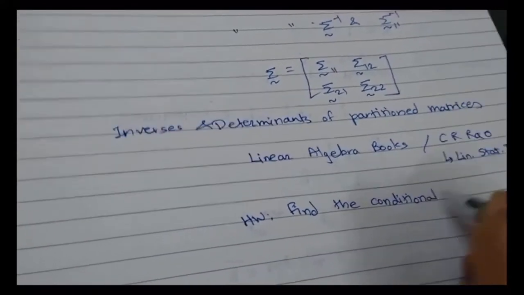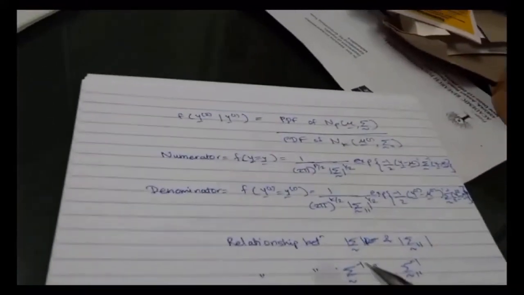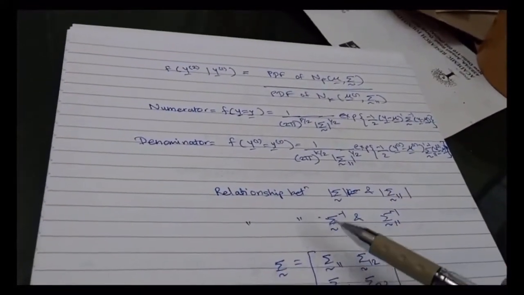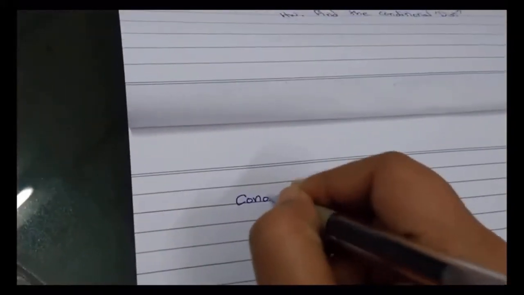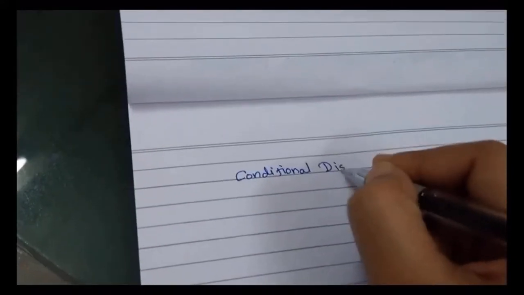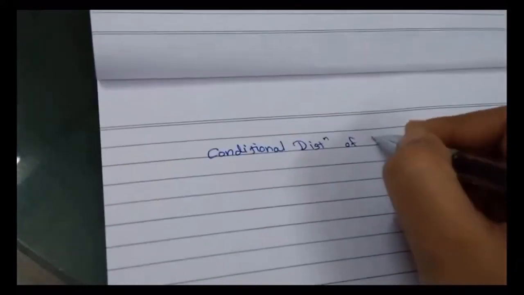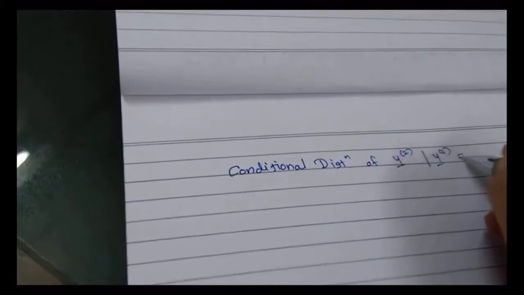Of course, don't worry, I am not going to leave the entire thing for you. This is one way of proving the things. So this is your usual way, that joint PDF upon marginal PDF. But we will try to derive one proof here in the lecture by using some other method. Okay. So we are going to find the conditional distribution, don't worry. But we won't use the traditional method, we would use some other method. So we'll try to find the conditional distribution of y2 given y1.